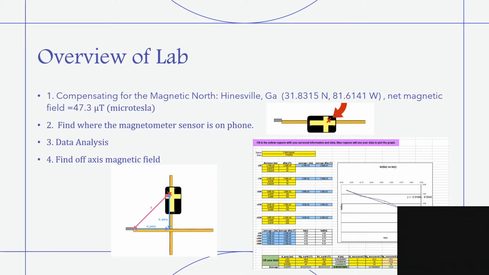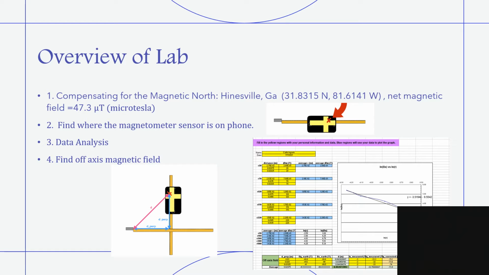In order to compensate for the magnetic north, I placed my phone/magnetometer on the floor and rotated it until the x component was as close to 0 as possible. Once the x component was close to 0, the phone would be aligned with Earth's north-south axis, and the measuring tape was aligned with the bottom of the phone so that the tape was now aligned with Earth's east and